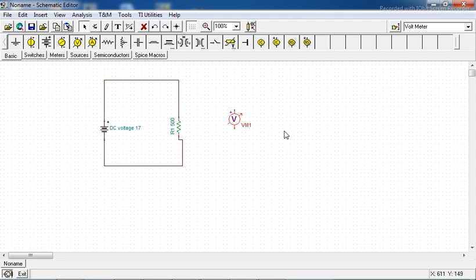Now I want to connect that voltmeter which will measure the voltage available across the resistor. Okay. Now remember that always a voltmeter should be connected in parallel with that component. So let us connect this voltmeter across the resistor, means parallel to the resistor. So one terminal of the voltmeter to one of the legs of the resistor, another terminal to another leg of the resistor. This is called a parallel connection or across the resistor. Now I want to measure the voltage across the resistor. Now next step, yes, this is now the completion of my circuit diagram I have drawn.